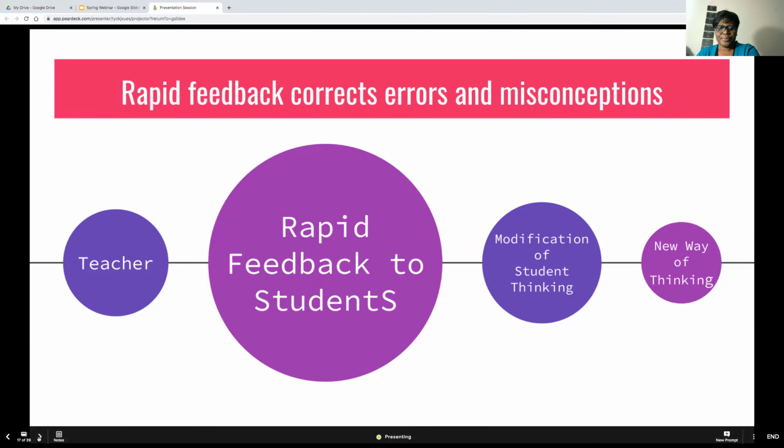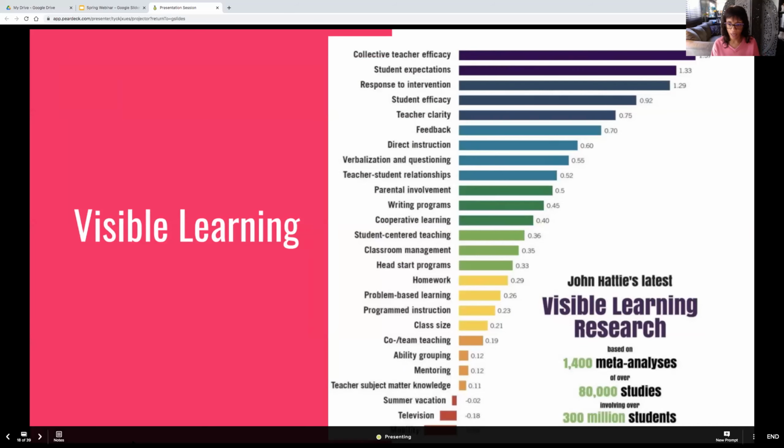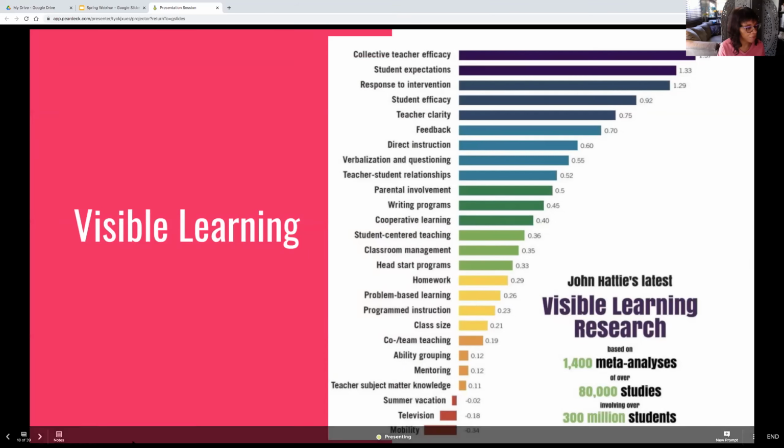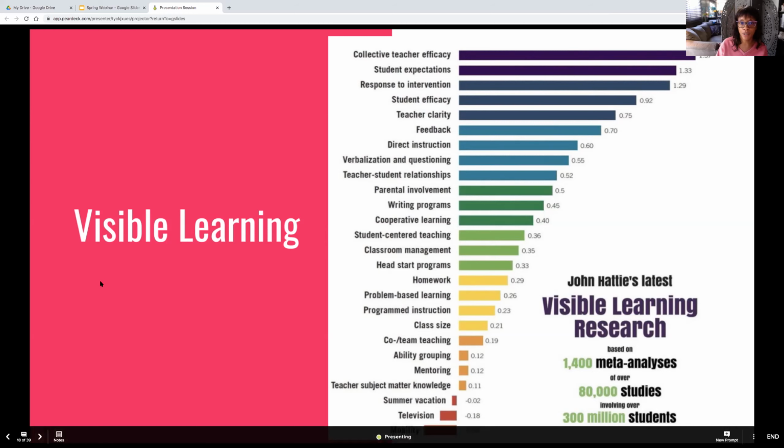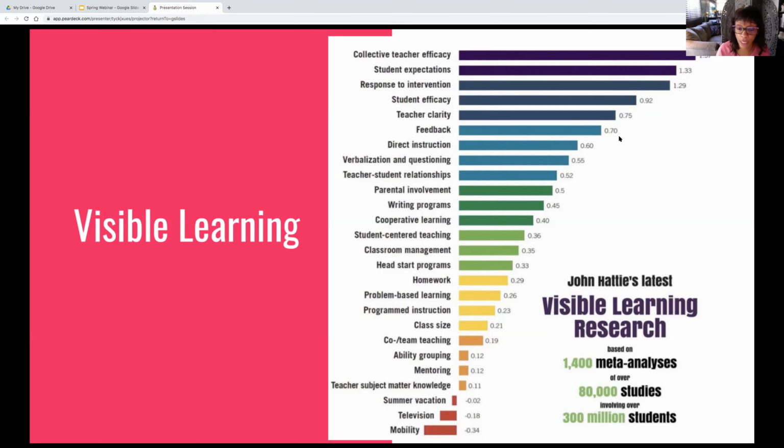All right. So we've been talking a lot about feedback, and John Hattie, who is a professor, has been studying this for the last like 25 years, and he was looking at all the factors that influence children's learning. And as you can see, it goes all the way down from the television all the way up to collective teacher efficacy. And as you can see, feedback is 0.70. So that's saying that when a child or a student or a learner, I should say, is able to understand